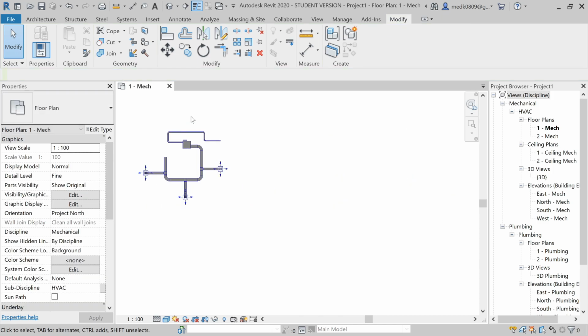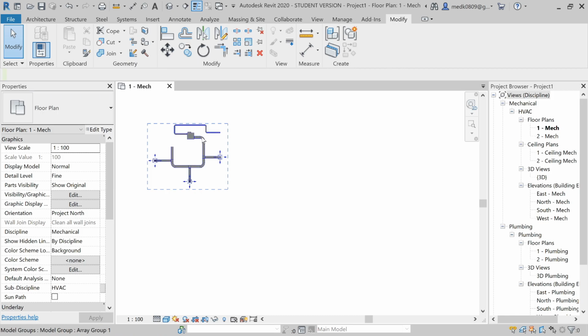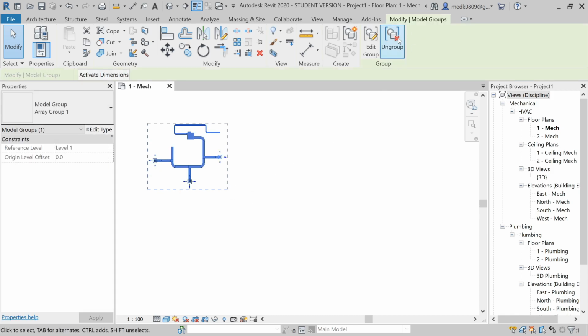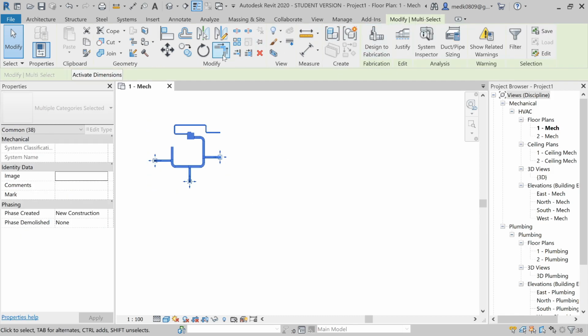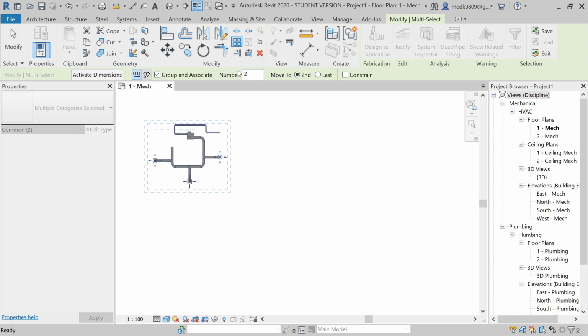Now next we have a linear array. Okay, if you want to create a linear array like we have in the AutoCAD arrays, the same we have in the Revit arrays. For that, let's select this system. I want to create an array of this system, and then in the modify we have array over here. Okay, so let's select it. So now you can see linear array we have selected.